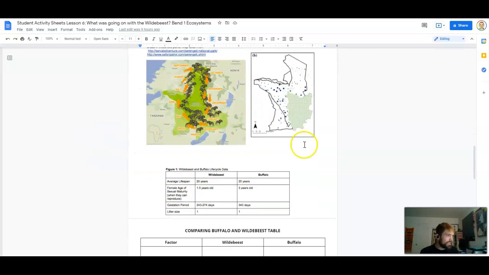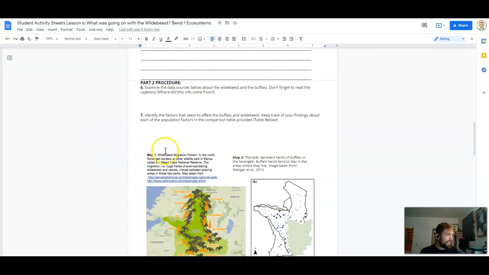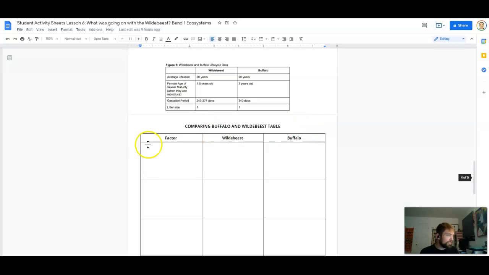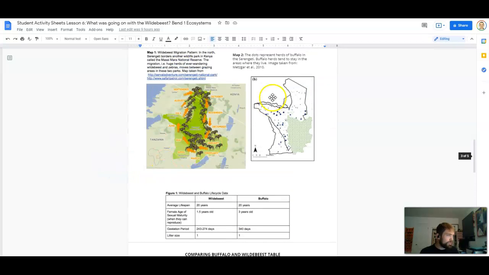Where did it come from in these 3 graphs? And then identify the factors that seem to affect the buffalo and wildebeest. Keep track of your findings about each of the populations in the comparison table below. So you'll use this table to document what are the factors of the different buffaloes and wildebeests and what's affecting